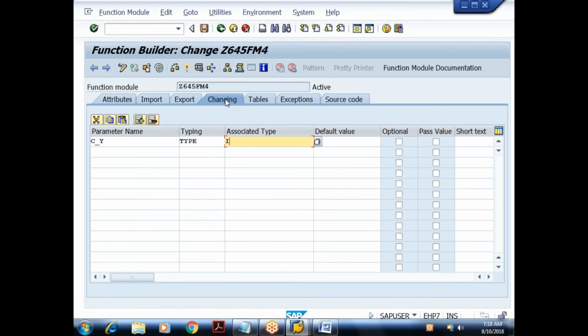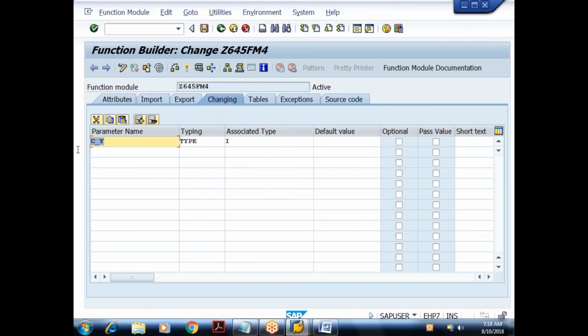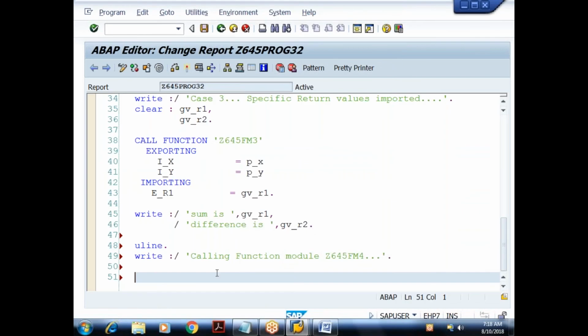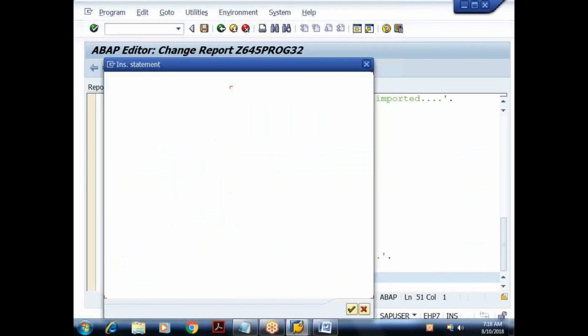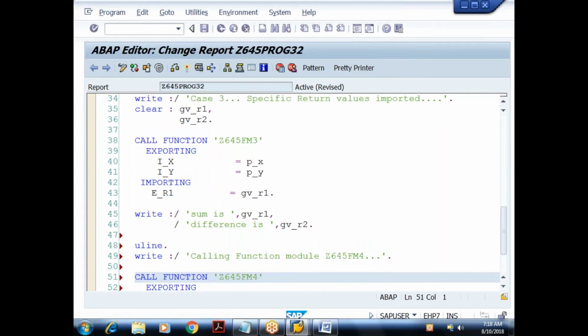So changing will act as both import and export. At the time of calling, I must pass the value for this parameter as well as the value for C_Y. So both the parameter values I have to pass. Let me use the pattern. We already know at the time of calling, import becomes export and export becomes import. Changing will remain changing. So see now, Z645 FM4, see what happens.